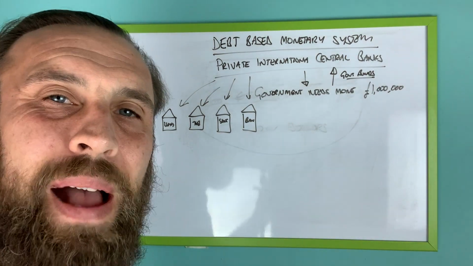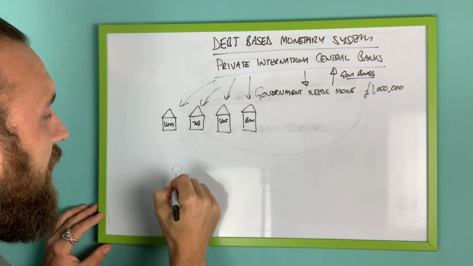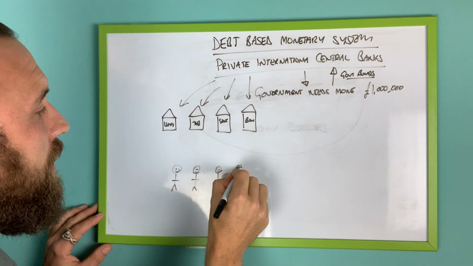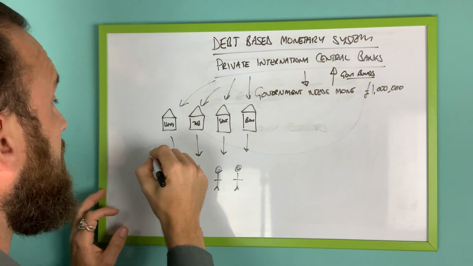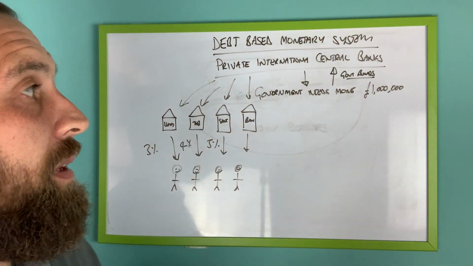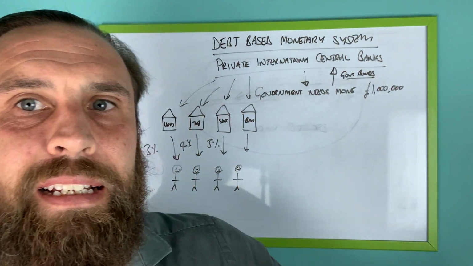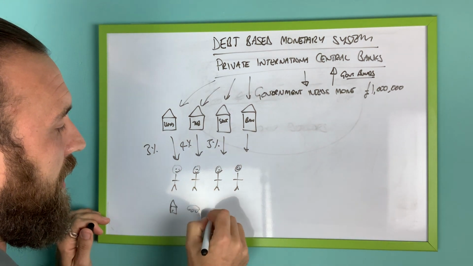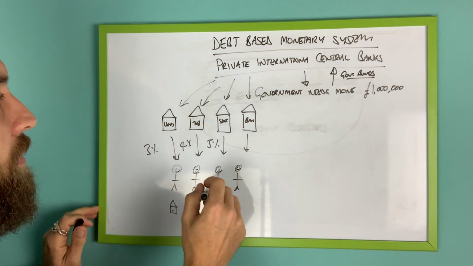Now what happens? The banks loan the money at interest to the people. So here we are, people. What do the banks do now? They give out cheap loans to the people at 3% interest, 4% interest, 5% interest. Why? Because they've got a massive surplus. They've got £1,000,000 that the International Central Bank has given them and said, lend it out to the people. So we go and buy a house, we go and buy a car, we go and buy a boat. You buy whatever you want, and then you have to give the money back to the bank plus interest,